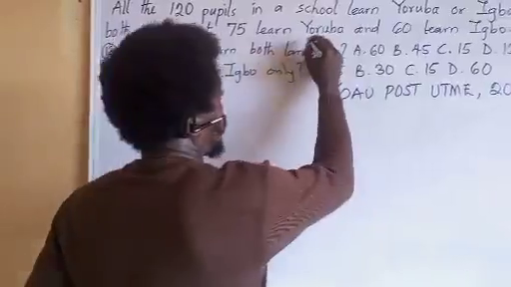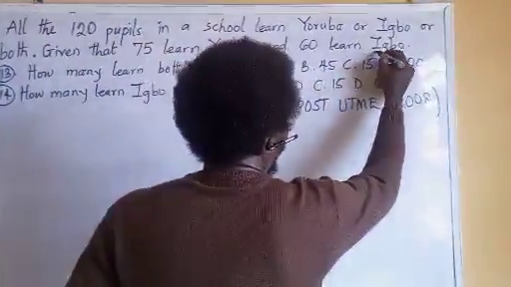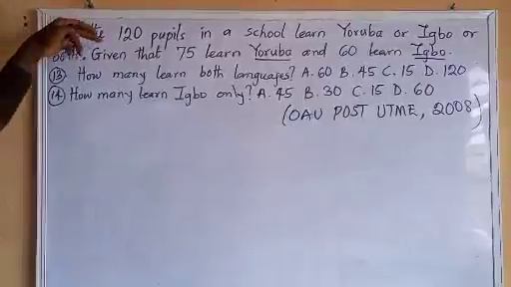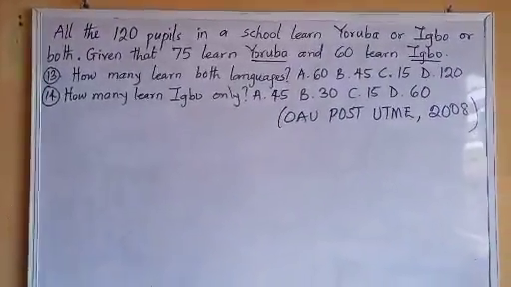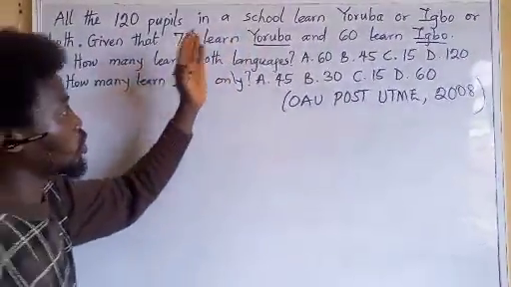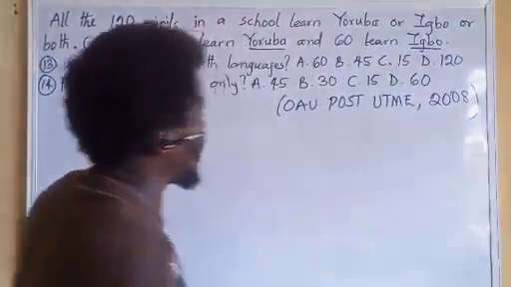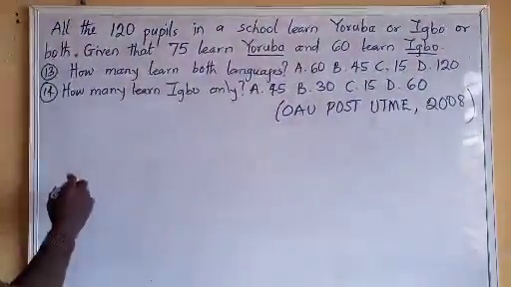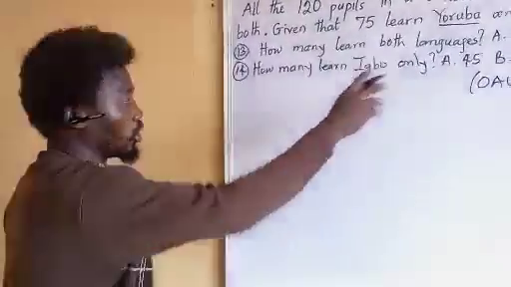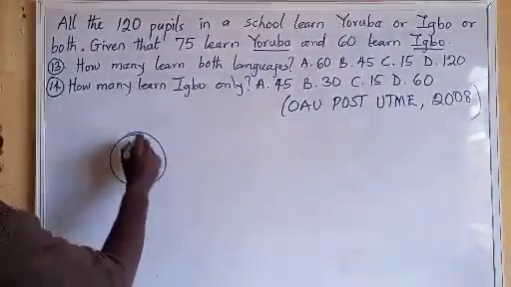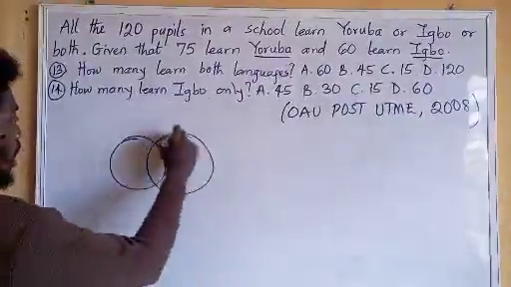We are looking at Yoruba or Igbo, and the total number of students in the school is 120. We're told that the students are given the privilege to learn either Yoruba or Igbo or both. So we have two subsets, Yoruba and Igbo. So we are going to draw a Venn diagram to represent